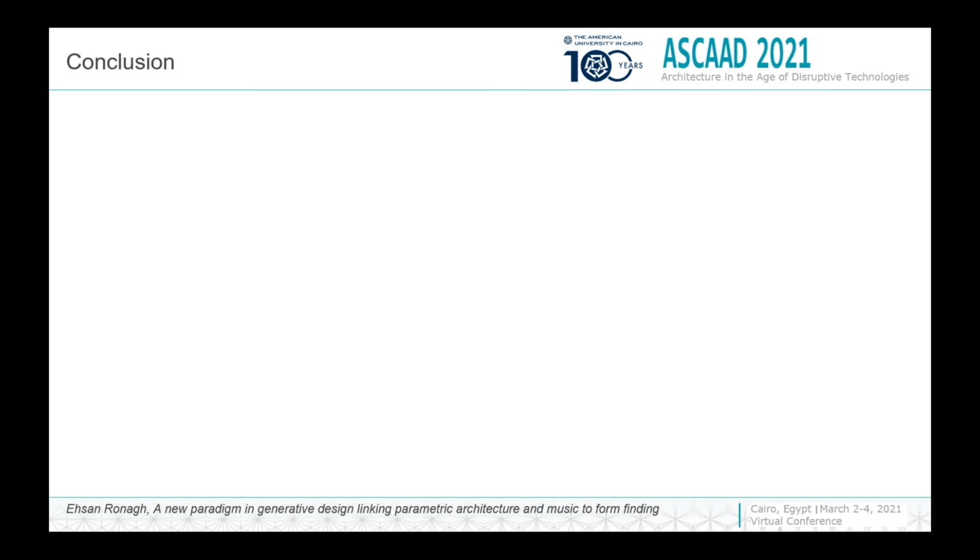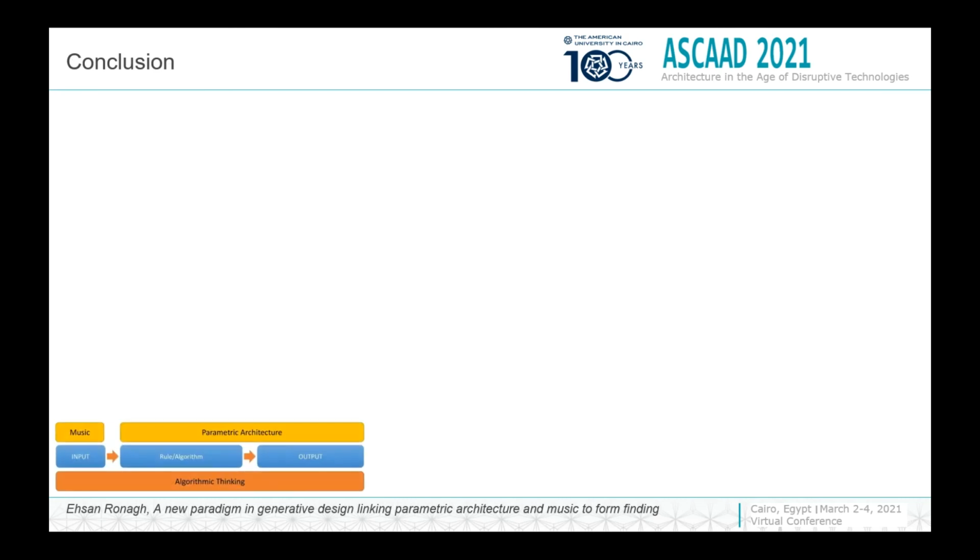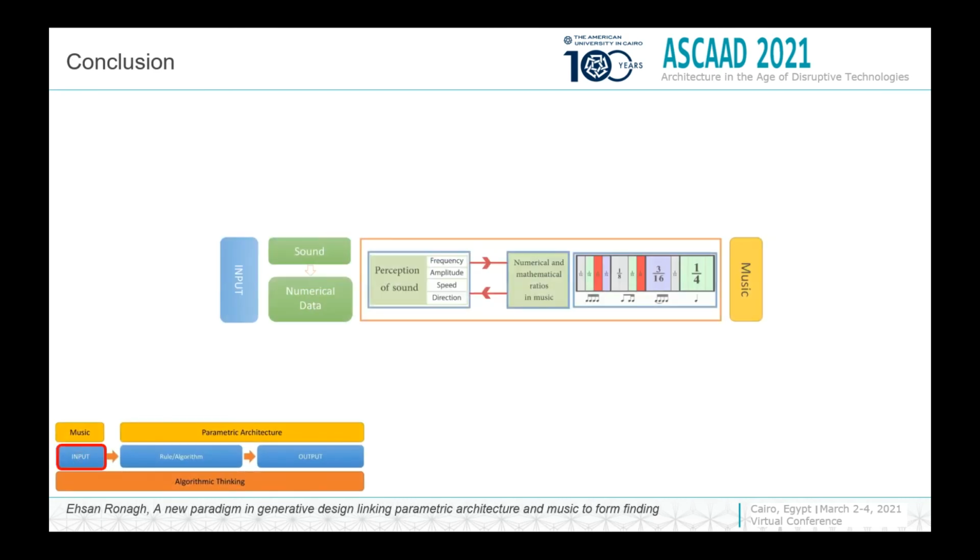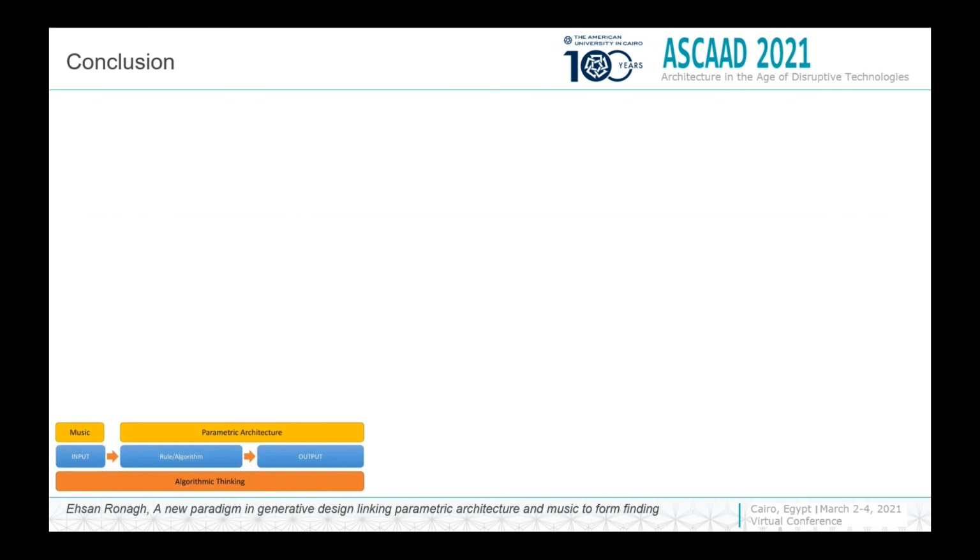And finally, the whole process of this study can be illustrated in these figures in detail. You can see three levels of algorithmic thinking: input,